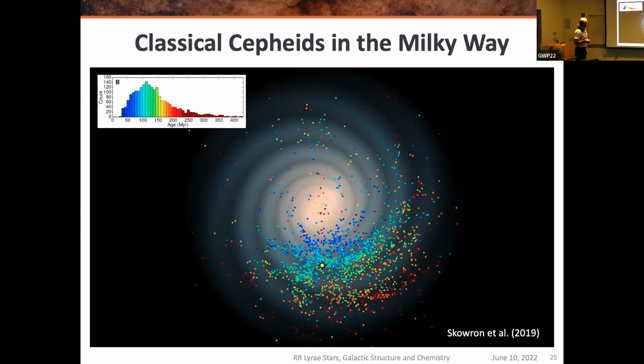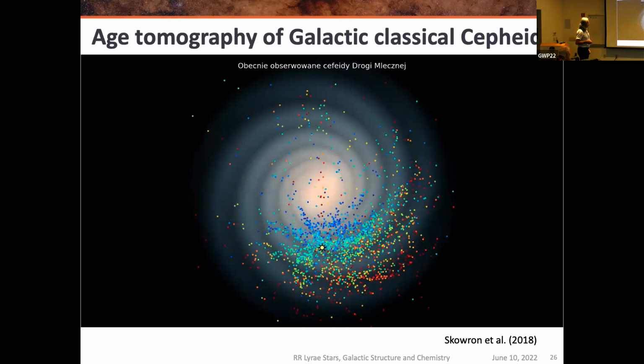And here different colors of the points show different ages of Cepheids. The youngest ones are these blue points. The red points are the oldest ones, and the gradient is well visible. The youngest ones are located closer to the galactic center, the oldest ones in the outer regions. Moreover, these overdensities here are composed of Cepheids with the same age, which